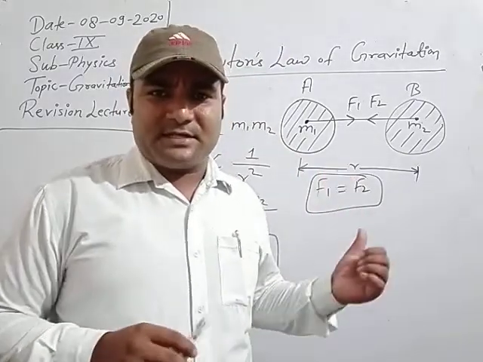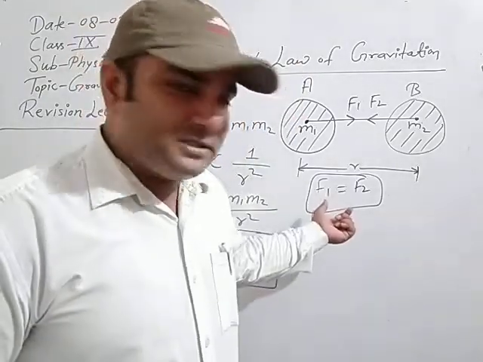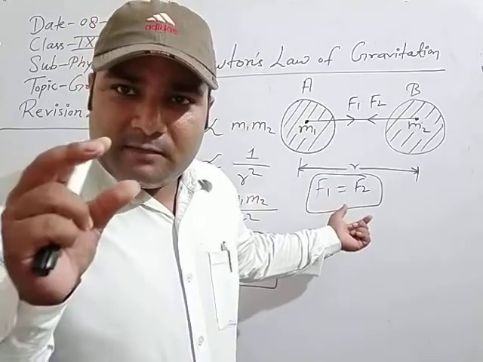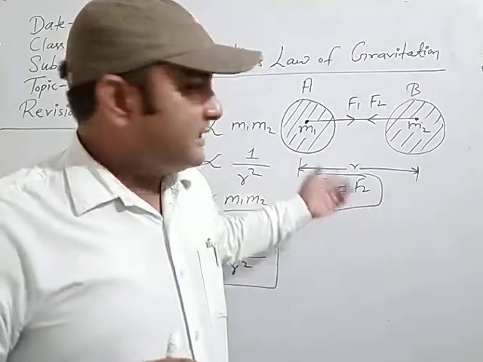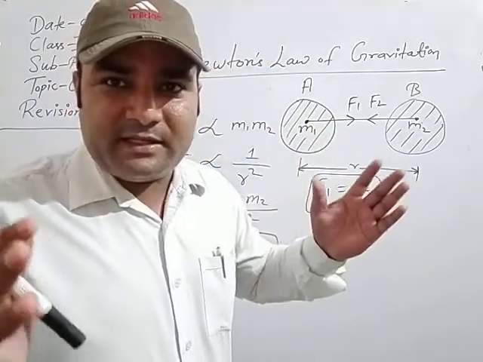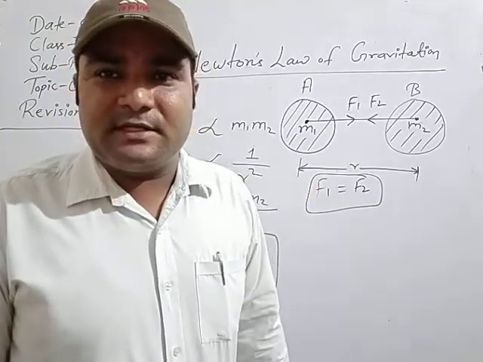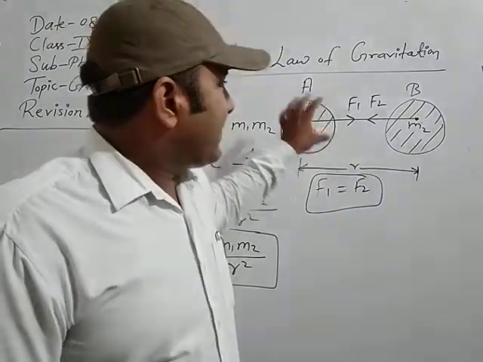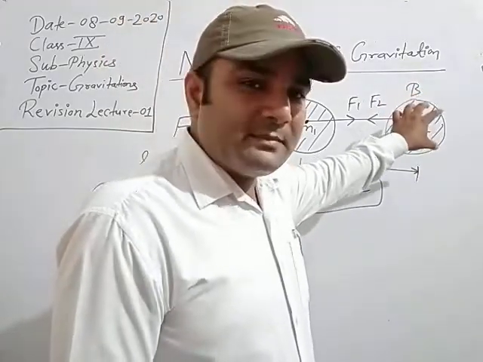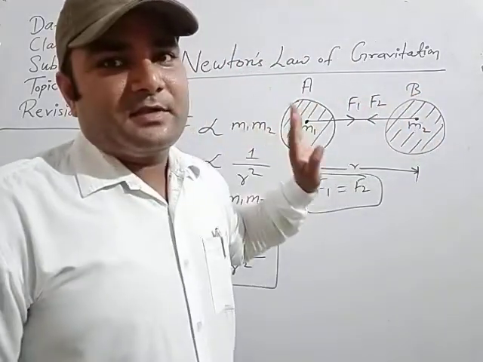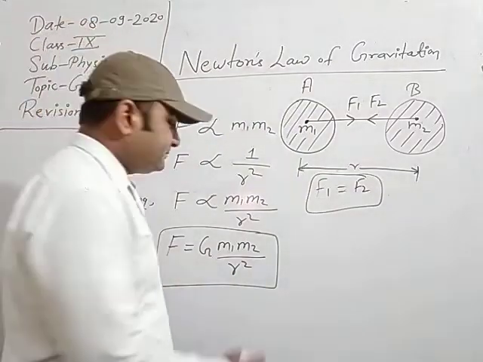When you study this concept in higher classes, either in class 11th or 12th, this force is the internal force. Here, in a two body system, whenever bodies apply internal force on each other, it is always equal in magnitude but opposite in direction. So the magnitude of force applied by body A on B must be equal to the force applied by body B on body A. So here F is equal to G m1 m2 upon r square, where G